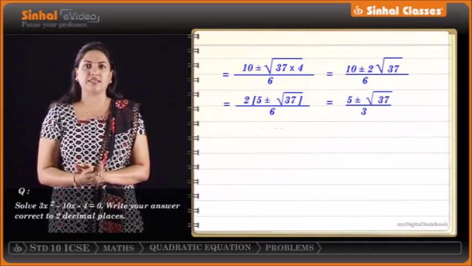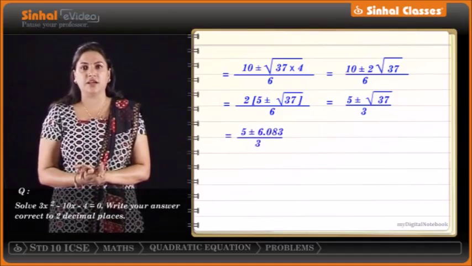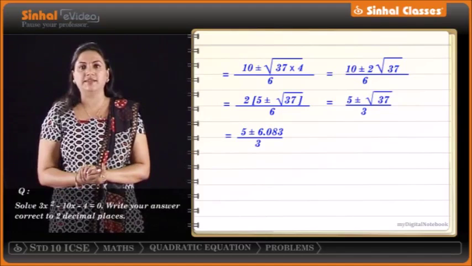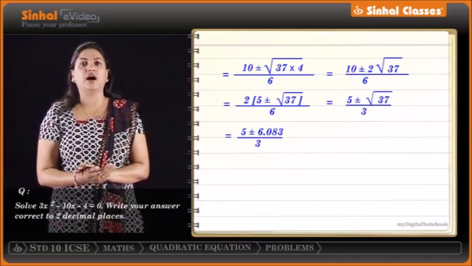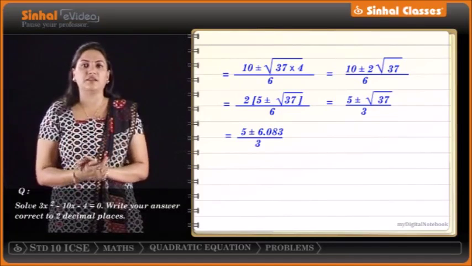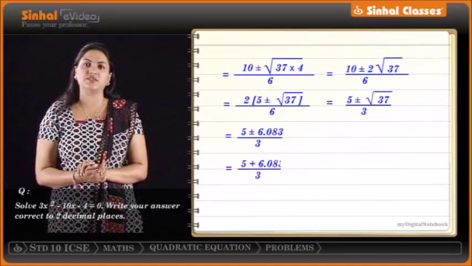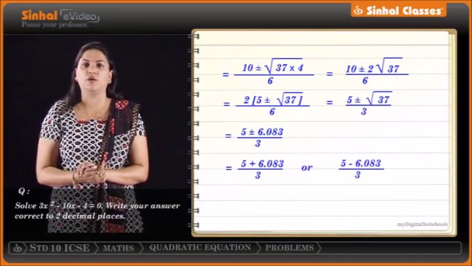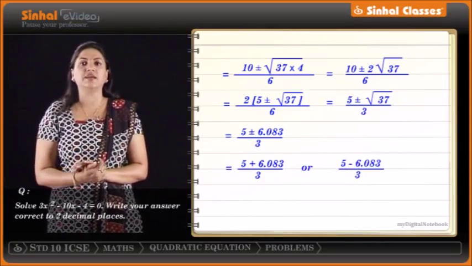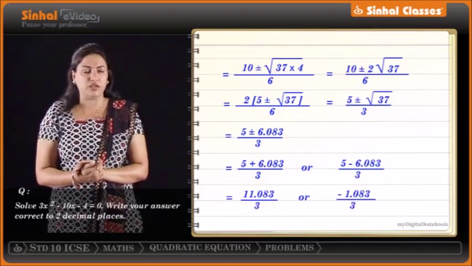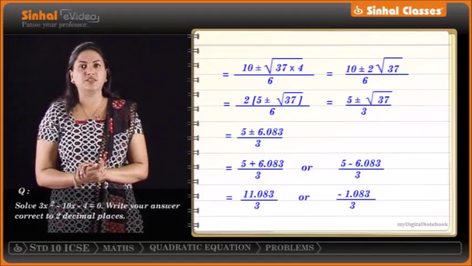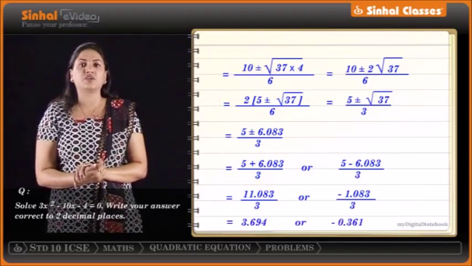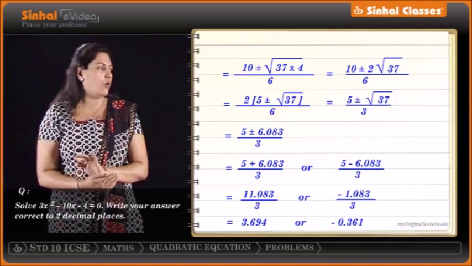Now square root of 37 is 6.083. So our next step becomes 5 plus or minus 6.083 upon 3. Now we separate the terms as 5 plus 6.083 upon 3 or 5 minus 6.083 upon 3. We simplify to get 11.083 upon 3 or minus 1.083 upon 3, which is simplified further as 3.694 or minus